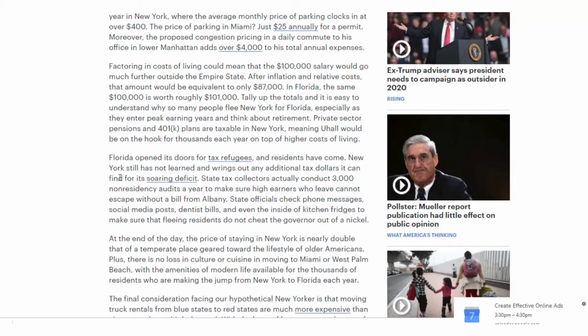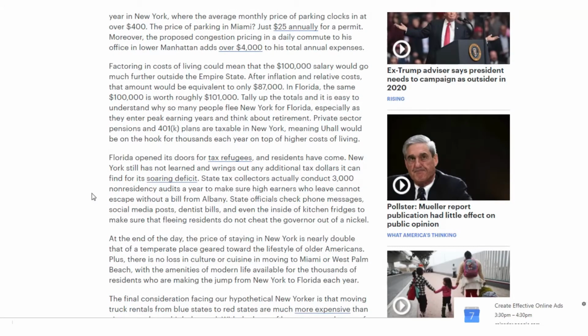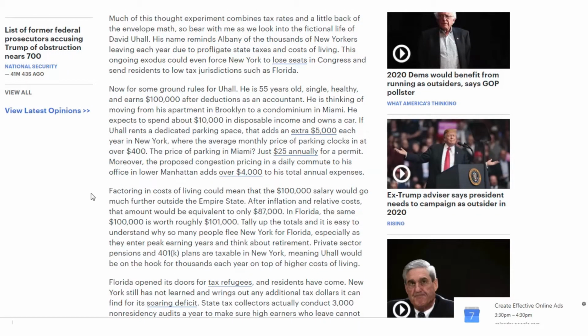And the leadership and the people of New York have chosen a different way. Okay, and the consequence for this writer is that a lot of people are leaving New York because Florida is so much more agreeable a place to live for more than just tax reasons. But I would suggest that's probably the number one reason why people are leaving.